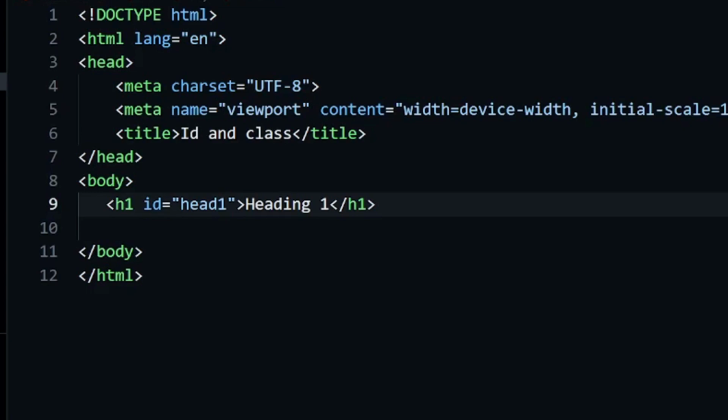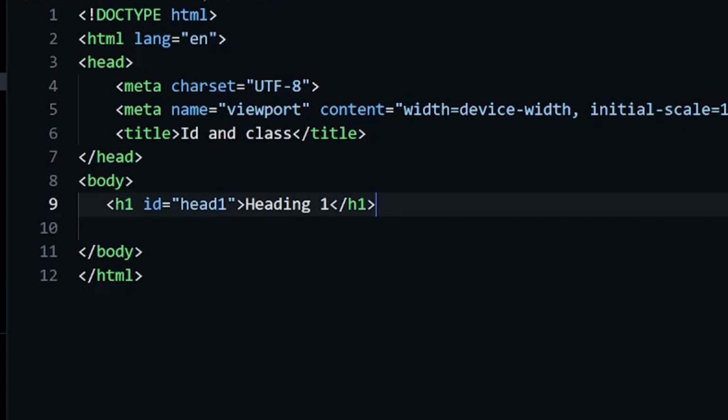This allows you to style multiple elements in the same way. If you want to give styling to h1 and similar styling to h2, for that you can use a class. It will allow you to target one or more elements with JavaScript collectively.